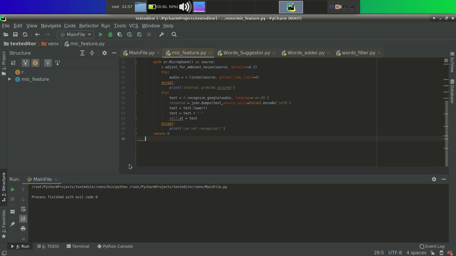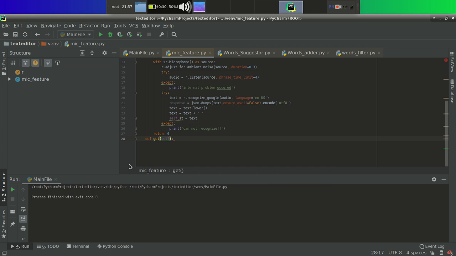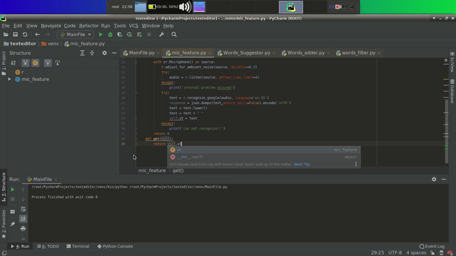Now we want to get the text, whatever text this file has collected. So for that we are using a get method, self, return, not threading, return self.st. Great. So I'll get the value from here.